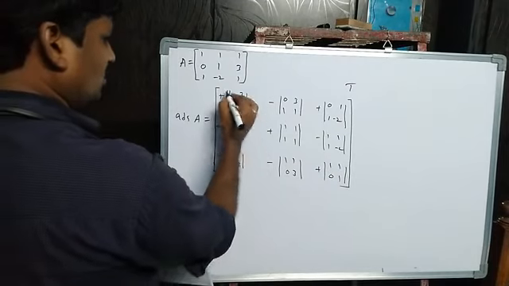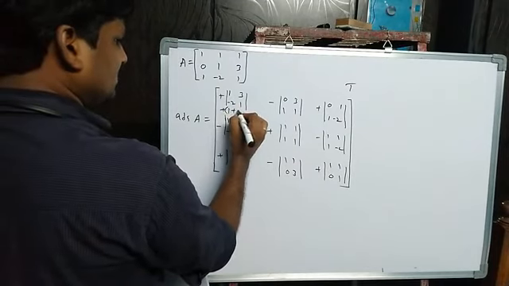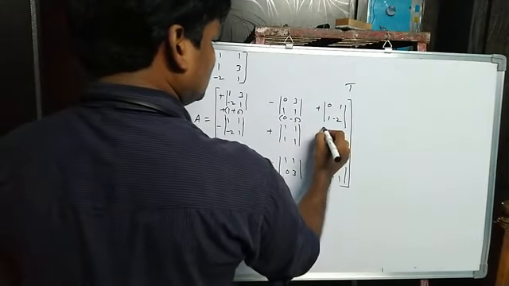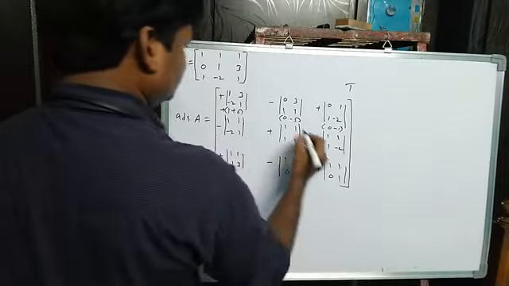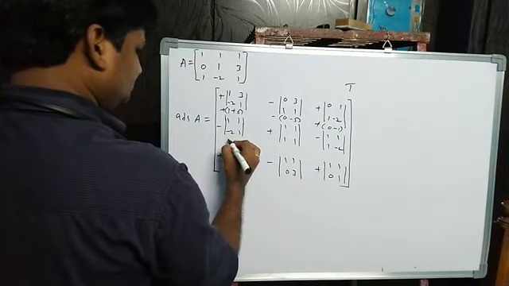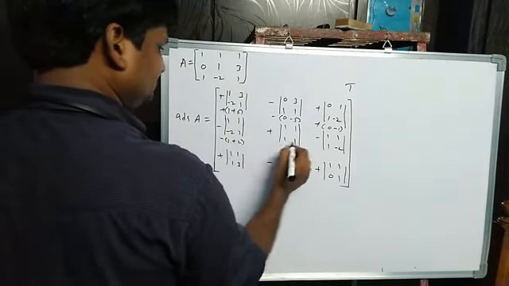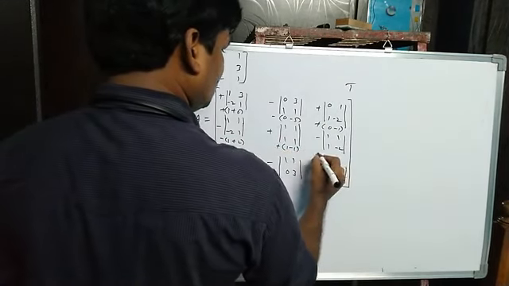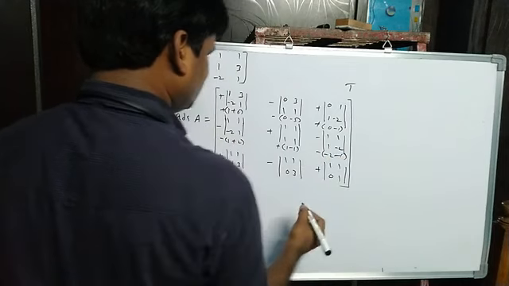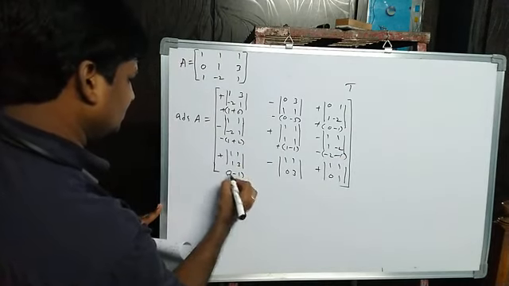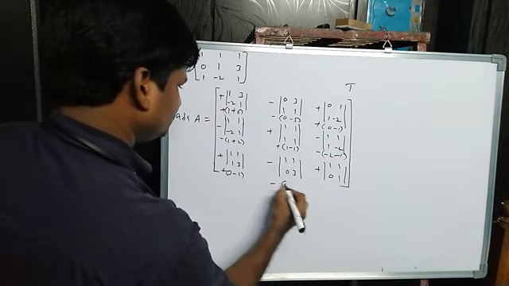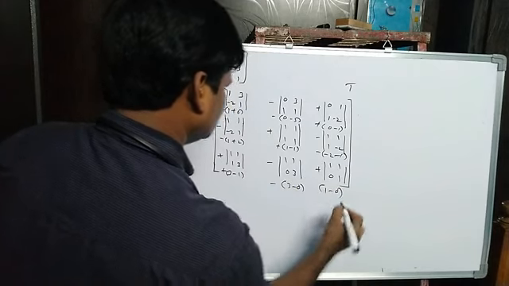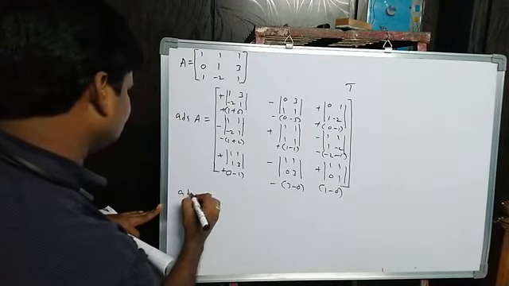And find the values. 1 plus 6, 0 minus 3, right? 0 minus 1, minus, plus. So 1 plus 2, minus 1 minus 1. Here minus of minus 2 minus 1, 3 minus 1. Next minus of 3 minus 0, here 1 minus 0. So what will we get for adjoint here?